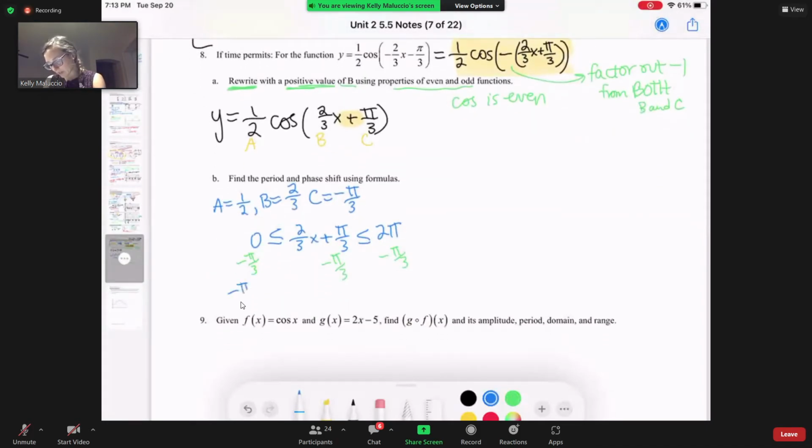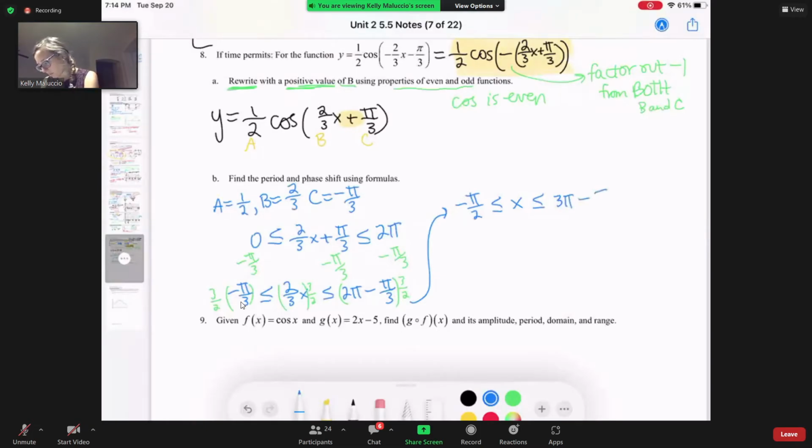So then we get negative pi over 3 is less than or equal to 2/3 x, which is less than or equal to 2 pi minus pi over 3. Now, instead of dividing by 2/3, I'm going to multiply everything by 3/2. Same difference. So multiply by 3/2, 3/2, 3/2. Okay, so my final answers here will be negative pi over 2 is less than or equal to x, which is less than or equal to 3 pi